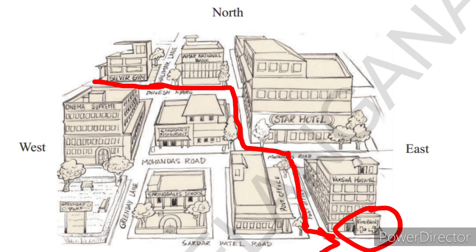Next, B1. Sheila is at Silver Gym. Tell her the way from the gym to Vasha Hospital emergency room. So Sheila is at Silver Gym. You can see the back side of Silver Gym. Okay. From there she has to go to Vasha Hospital emergency room. So she has to turn left and go straight. Again turn right. Go straight. Again left. Again right. And if she goes straight, on the left side will be the Vasha Hospital and you can see their emergency room. Okay, so that map you draw and you write all these steps. Okay, which side she has to turn every time. You have to write everything. So that is the route map.